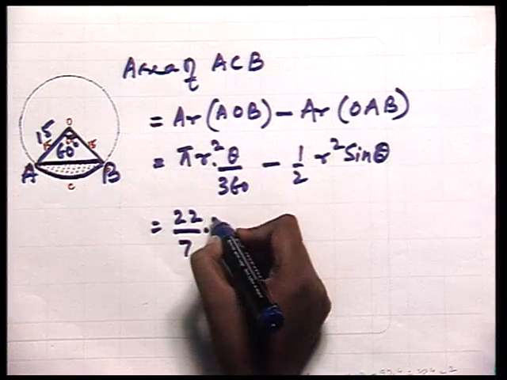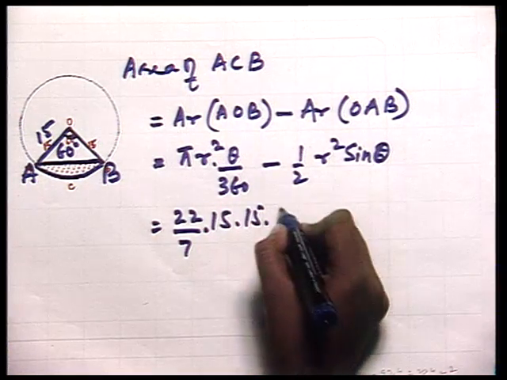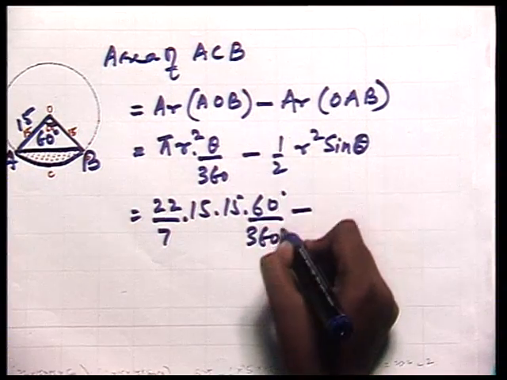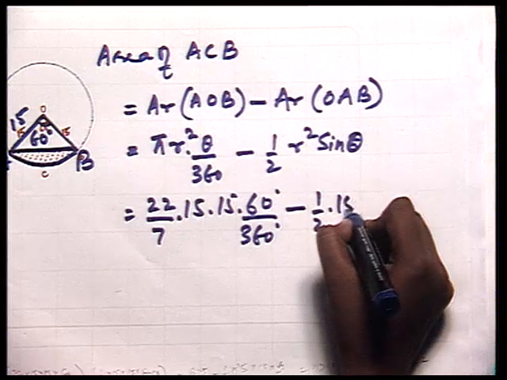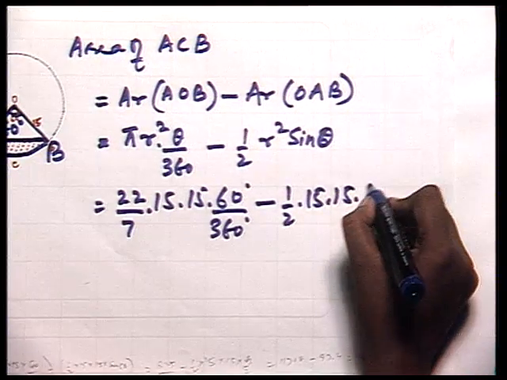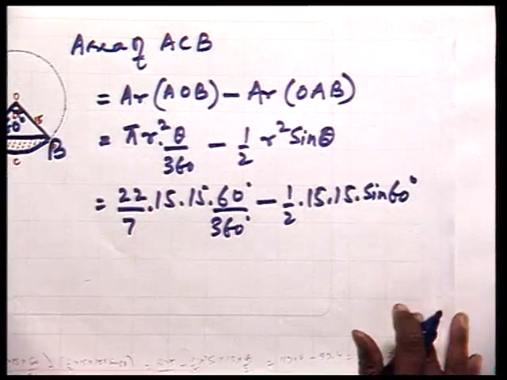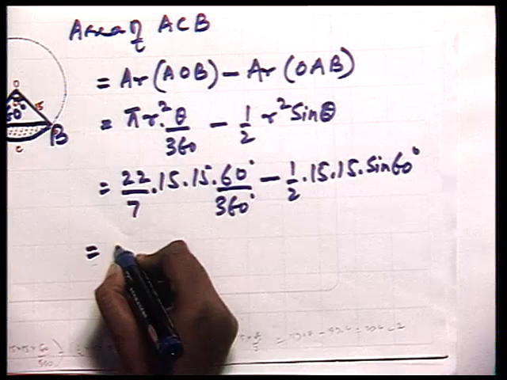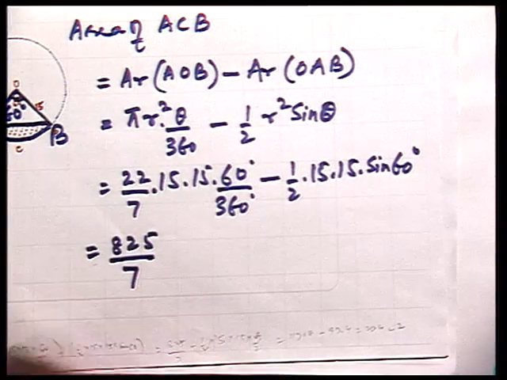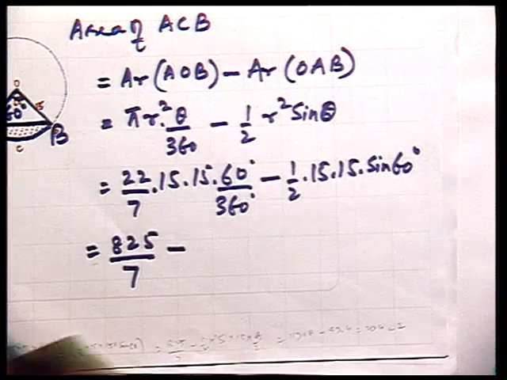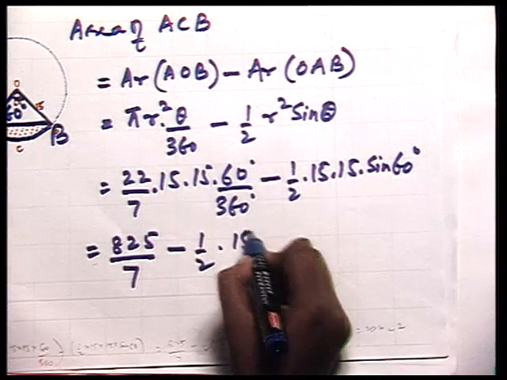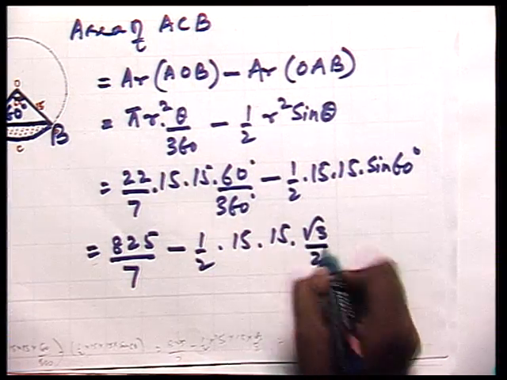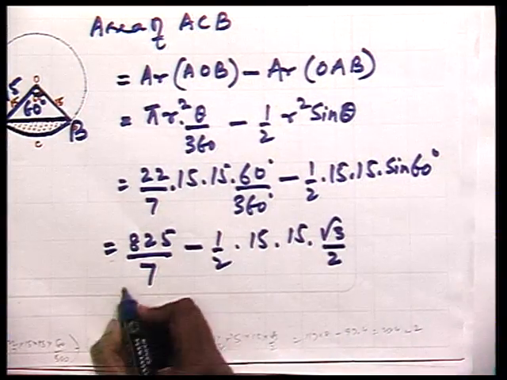So, pi into r square is 15 into 15, theta is 60 degree upon 360, minus half into again r square, that is 15 into 15 into sin 60 degree. Solving this part, this is equal to 825 upon 7 minus half 15 into 15, and the value of sin 60 degree is root 3 upon 2. So, this is equal to